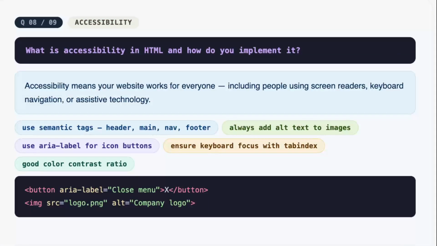Accessibility. This means making your website usable for everyone, including people using screen readers or keyboard navigation. Use semantic HTML tags like header, main, nav, and footer instead of divs everywhere. Always add alt text to images. Add aria-label to icon buttons that have no visible text. Make sure your page is fully navigable with just the keyboard using tabindex, and check that your color contrast ratio